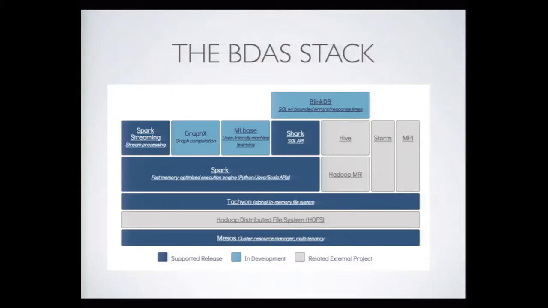Just a quick overview of the BDAS stack, and you've seen some version of this slide, presumably. Of course, at the center, Spark came out of the AMP Lab, and a lot of the research going on at the AMP Lab today is on building sophisticated analytics frameworks on top of this wonderful engine that is Spark. So Spark Streaming, Shark, and more recently Spark SQL, as well as GraphX and MLbase are all frameworks that we're developing on top of Spark in the lab, and of course, in the open source community.